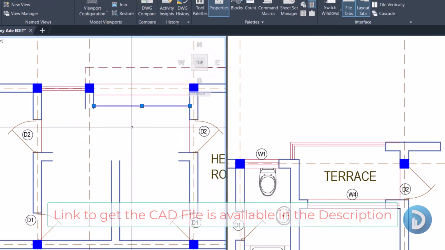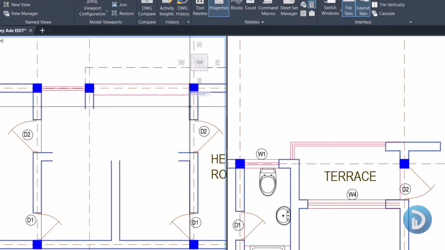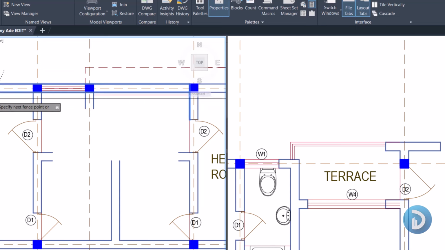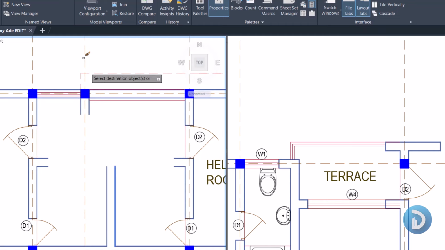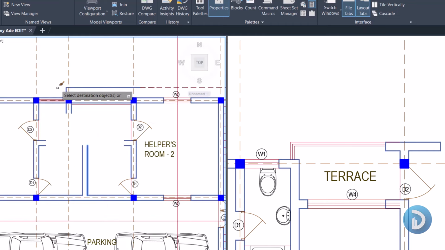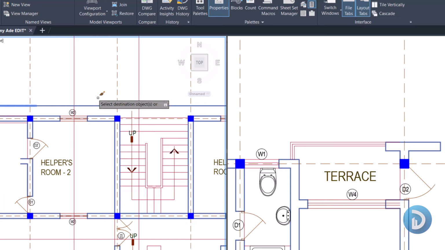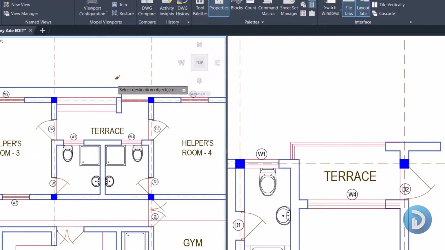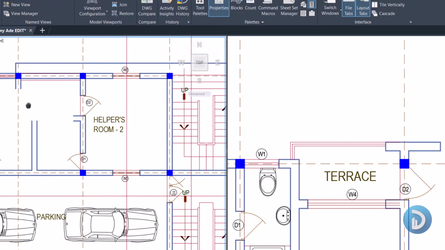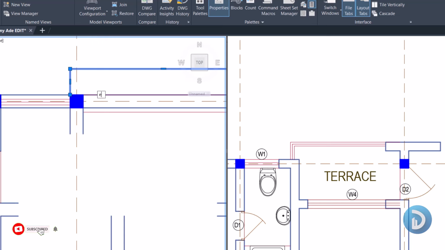Okay, so we'll run this beam from here to here, and let's match the properties of our beam with this newly introduced cantilevered part. We'll match this to this as well. We'll match to here and to this part. Okay, we can extend this to this part, and trim out